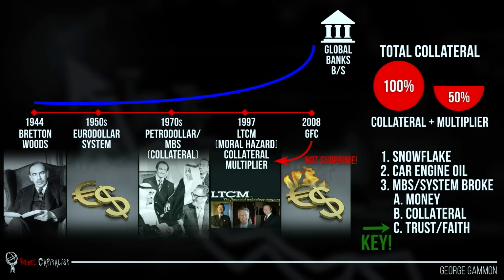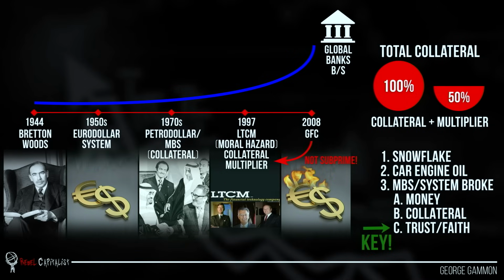So we expand our balance sheets, we get more money, more money, more money. Who cares how much risk we take on? Because we're going to get bailed out. I think if we wouldn't have had the bailout of Long-Term Capital Management, I don't think we would have had the GFC. I think we would have had a subprime issue, but we wouldn't have had a potential collapse in the entire global economy. So now we go to the GFC in 2008.